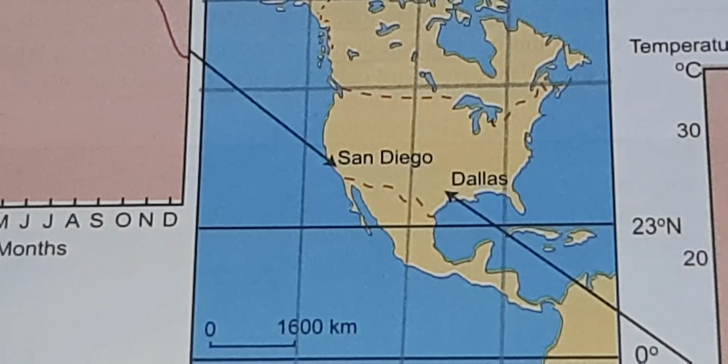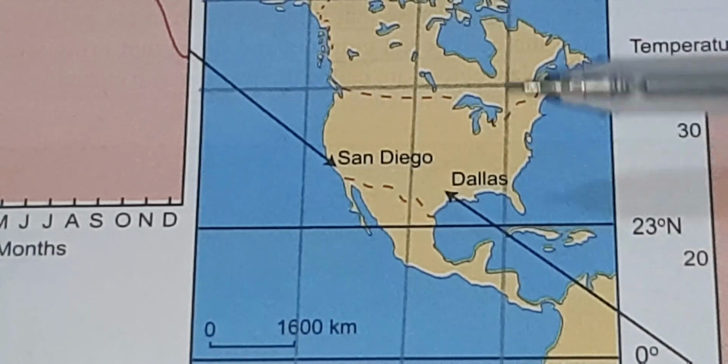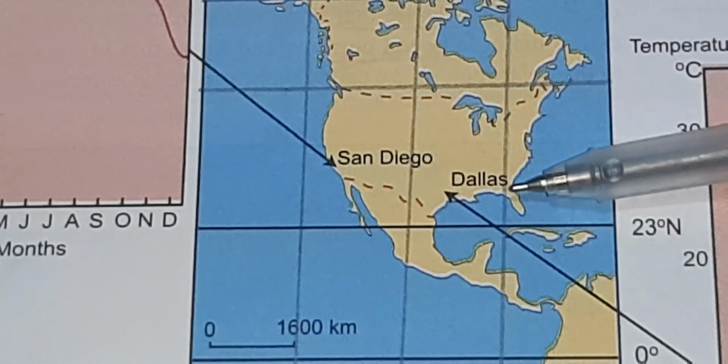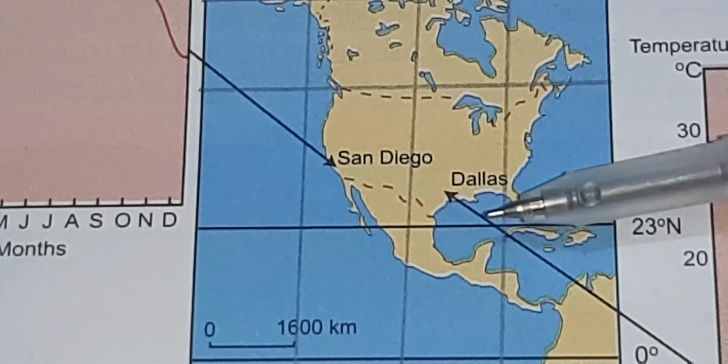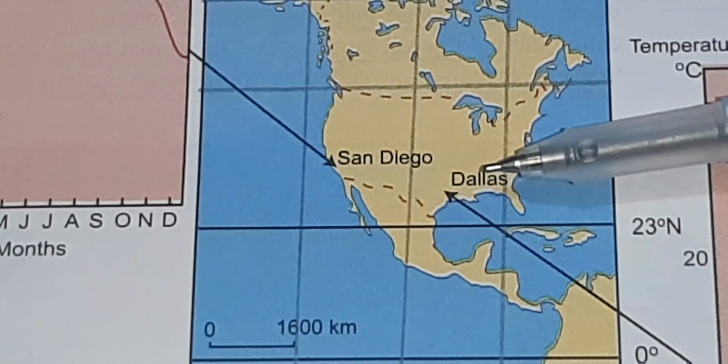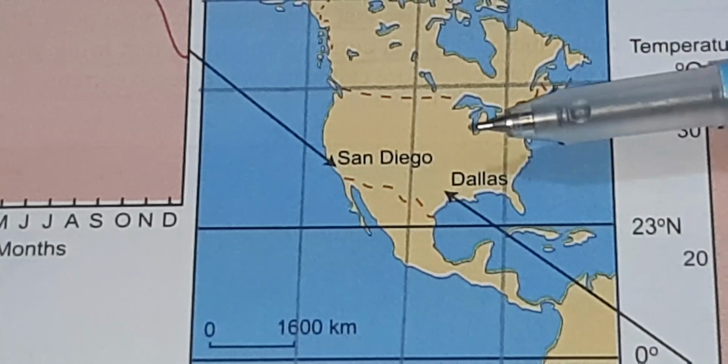Geography, you need to draw a diagram. That is really important, guys. So if you see the San Diego, here is Dallas. All right, so this is the distance from the sea and its influence on the summer and winter temperature of San Diego